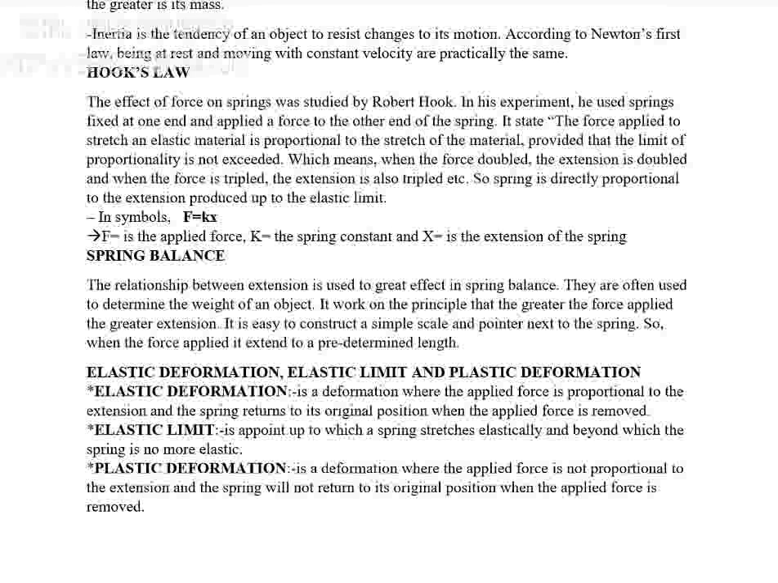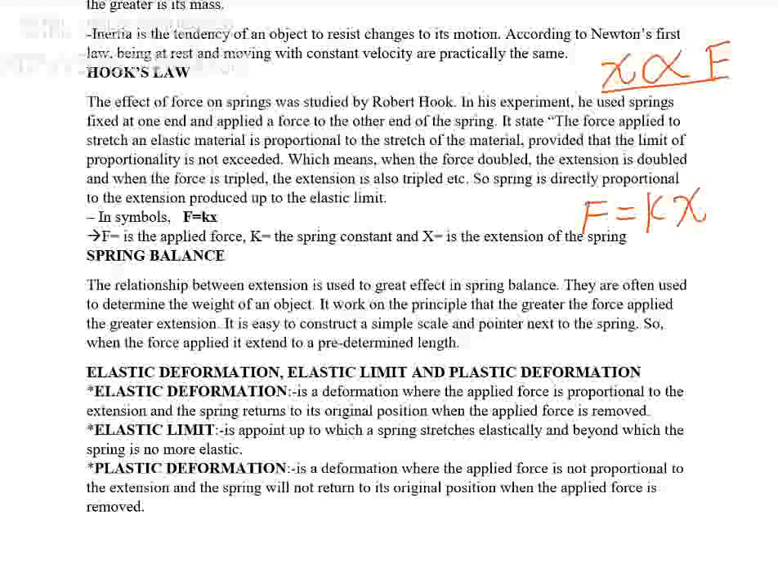Hooke said that in any elastic material, the extension x of the material is directly proportional to what? The force applied until it reaches the elastic limit. Above the elastic limit, this proportionality fails. And then the force F is equivalent to, by cancelling this proportionality, he makes it equal by adding some constant K